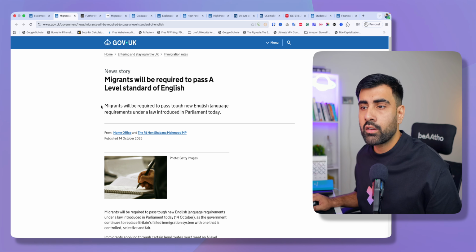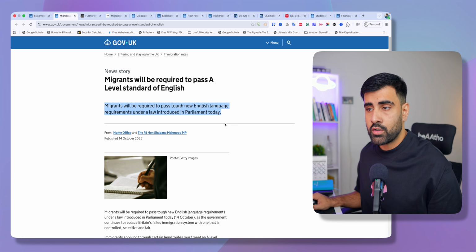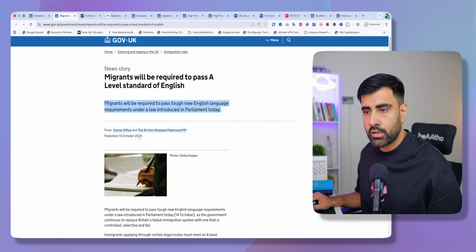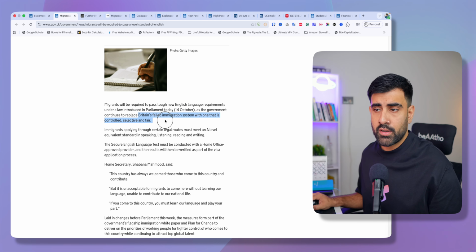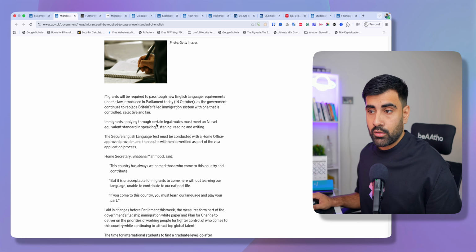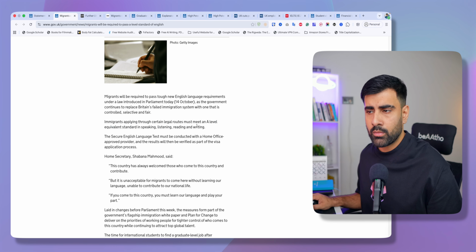Coming on to the first change, which is regarding the English language. As you can see, it says the migrant will be required to pass a tough new English language requirement under a law introduced in Parliament today. It's from 14th of October. Here they have actually called their own immigration system Britain's failed immigration system. So they have introduced a new English requirement. It says immigrants applying through a certain legal route must meet an A-level equivalent standard in speaking, listening, reading and